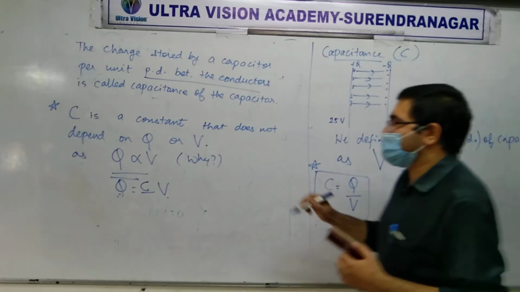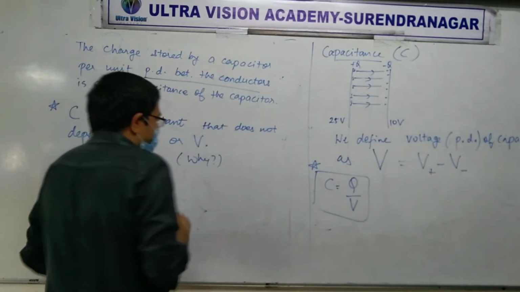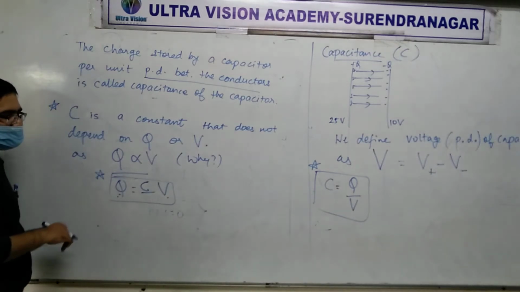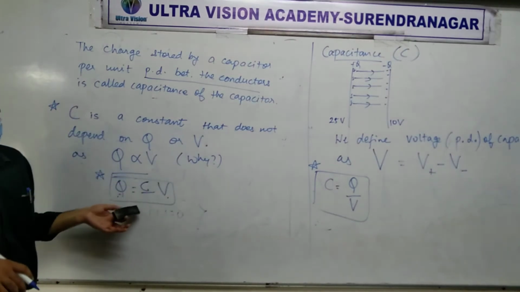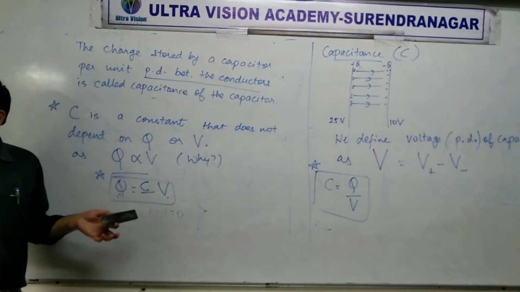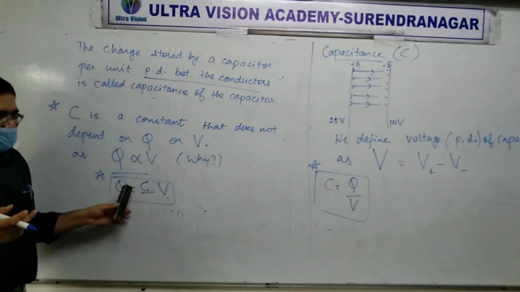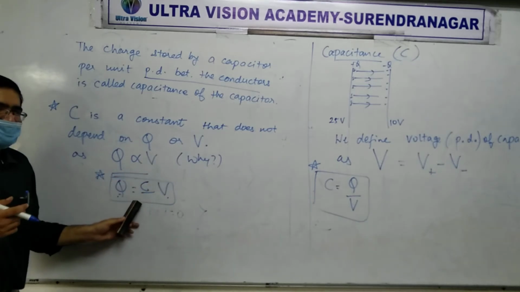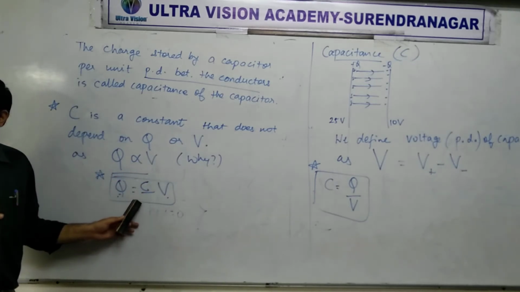Right? So C is equal to Q by V is a very important formula. Also this is an important formula, Q equal to C V. This is used a lot. These two are the same. You can remember any one, but this one will be used the most. That is my word. The other one is the definition, but in solving sums this one will be used. Is that clear? Q is equal to CV. Got it?